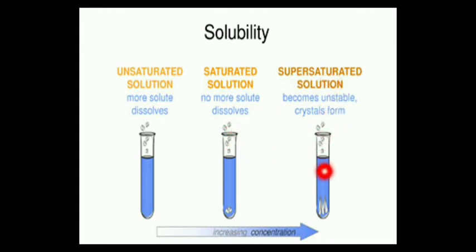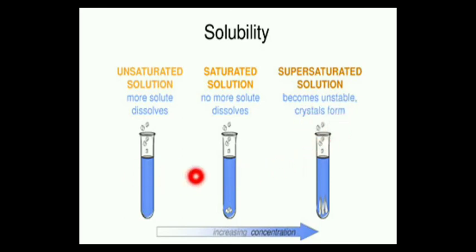A supersaturated solution is when you have already added the solute, and when you are heating this solution, more solute is able to get dissolved into the solution. Okay, so you have already added the maximum amount of solute into it, and if the solute is not dissolving, you are heating the solution. Okay, once you are heating the solution, even more solute you are able to dissolve, so it will have the maximum concentration, right? And once you cool it, the solution or the substance starts becoming unstable and they form crystals.